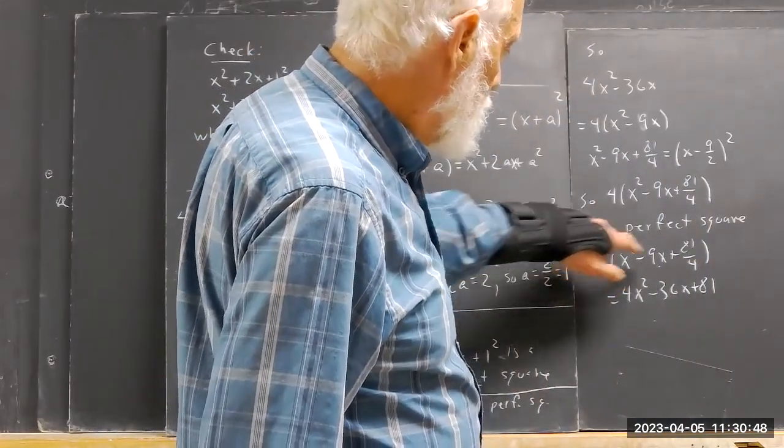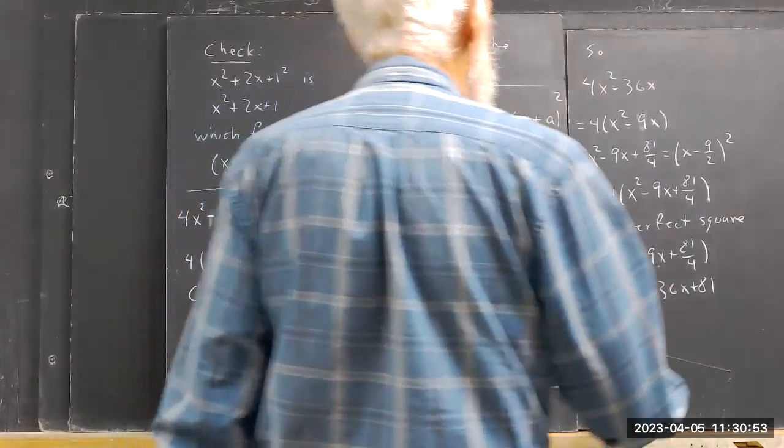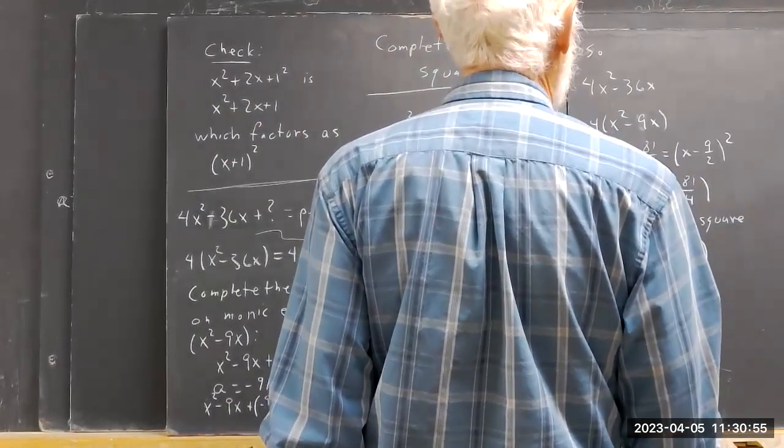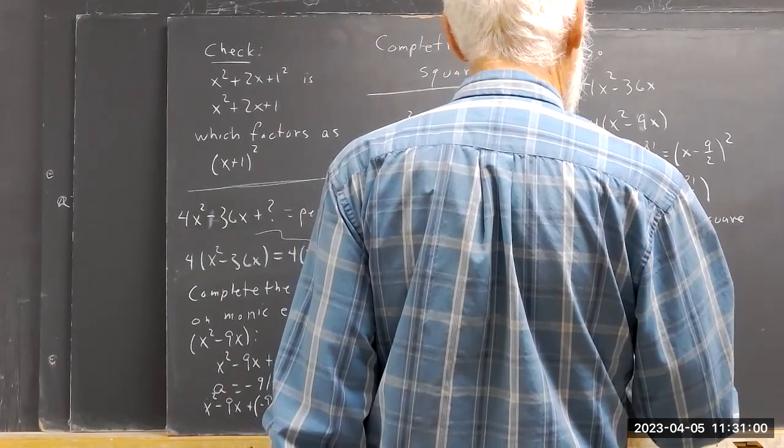Now, if we multiply 3 by 4, we get this. And this equals,